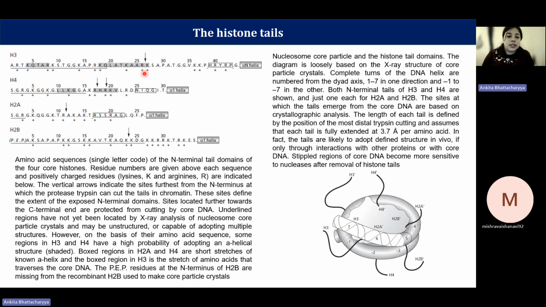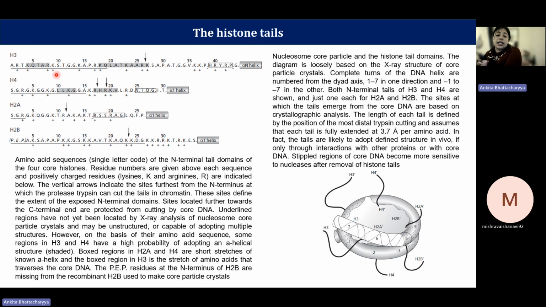And that you can see here is also the longest for H3, and is also quite extensively positively charged. These plus signs indicate the charge of the amino acids which are exposed as part of the tail. So sites which are located further towards the C-terminal end get protected from cutting by the core DNA. Because it actually forms a part of the nucleosomal core, that region is not cut by trypsin,